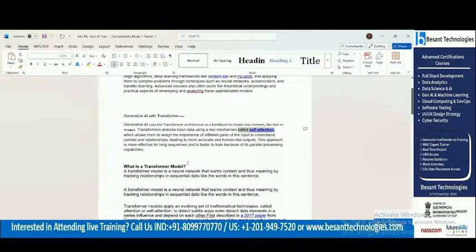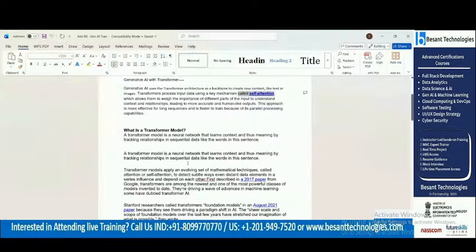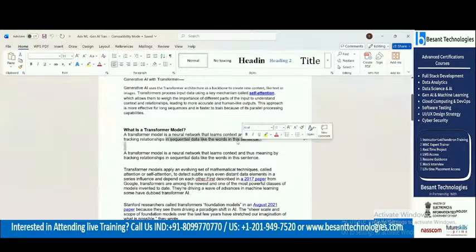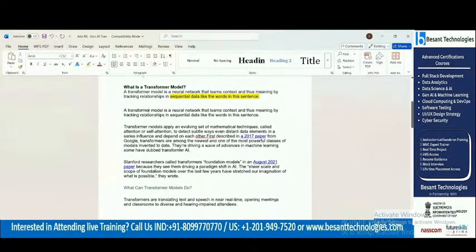A transformer model is nothing but a neural network which you use whenever you have sequential data. Please do remember this. Whenever you have any sequential data, like words in a sentence, at that time only you will use transformers.